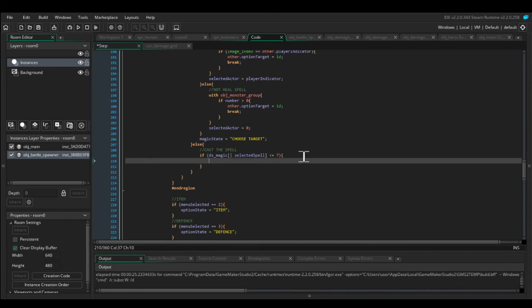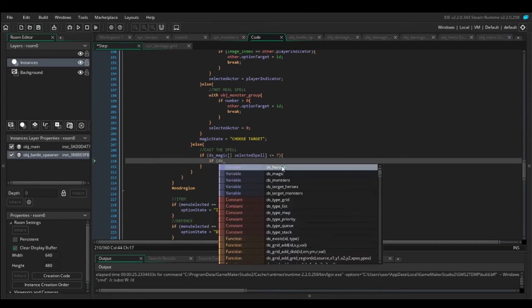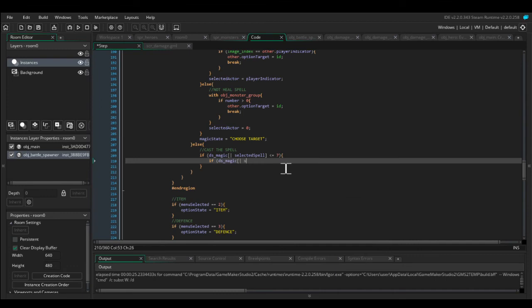So if it's 6 or 7, if DS Magic selected spell equals 6, then we want to say,